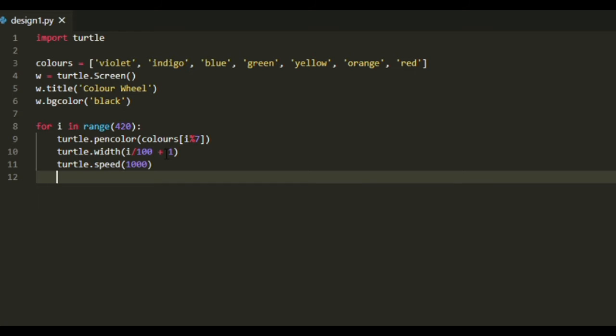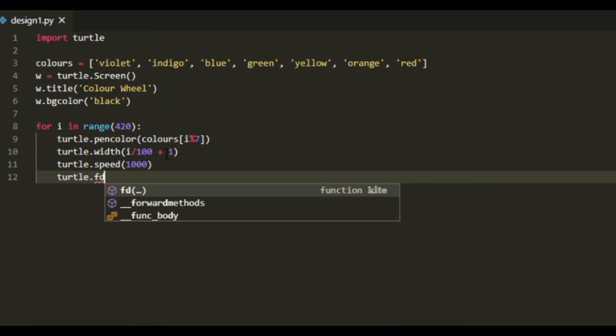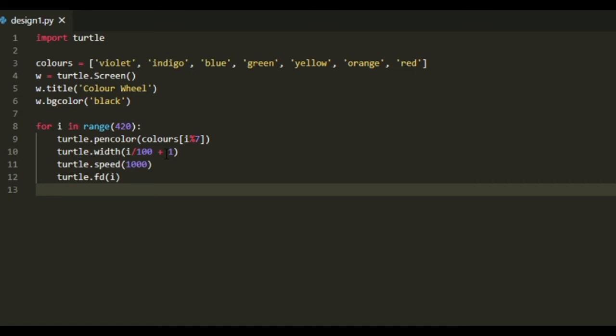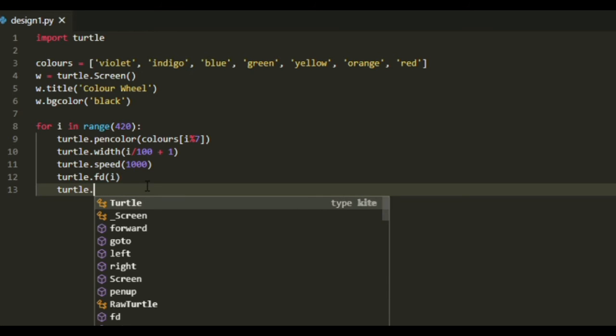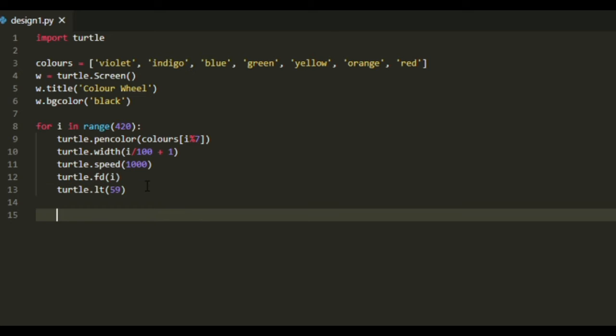And we'll say turtle dot fd. You can also write forward, but I'm too lazy to write, so I'll just say turtle dot fd, and I'll say i. So this will increase with every loop, every time it comes to this statement. And then we'll write turtle dot lt, which will turn it left by 59 degrees, because, well, it just looks better.